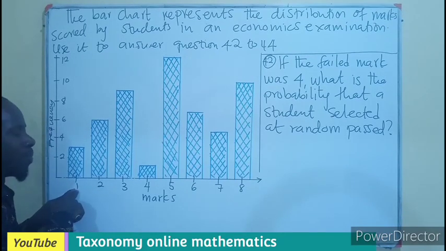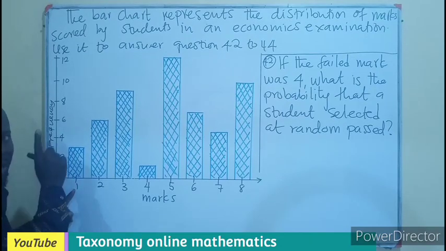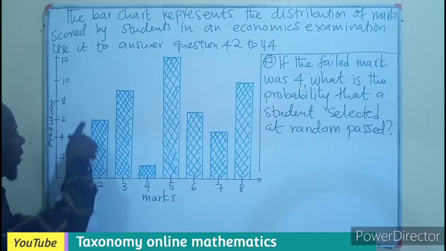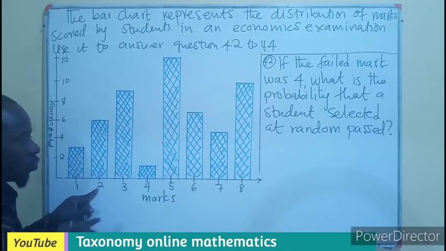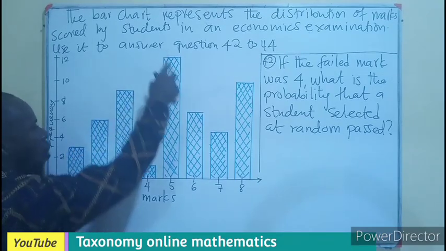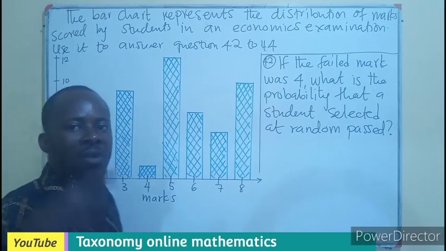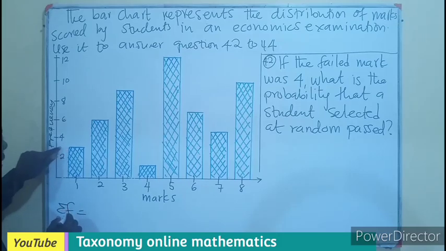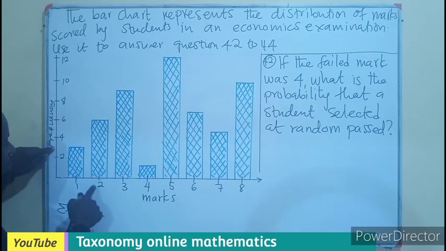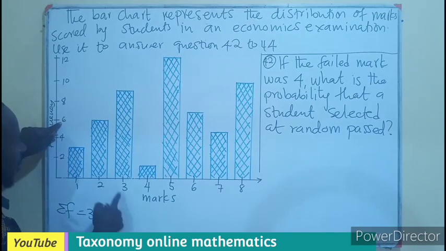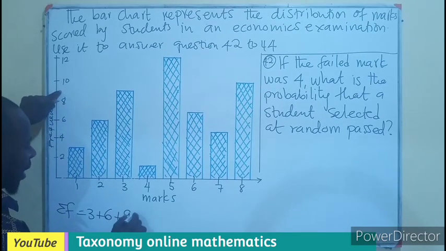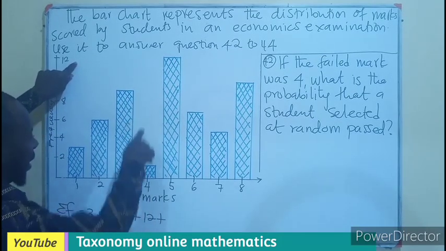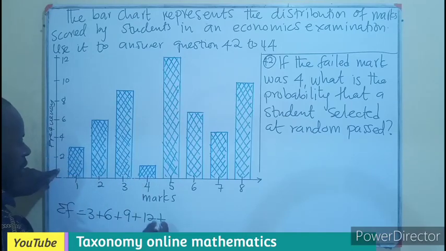Now, how many people got 1 mark? There are 3 of them. So that is 3 for a frequency. How many people have 2 marks? That will be 6 of them. Meaning 6 plus 3 will have been what? 9. So we will be adding the frequencies of the marks to generate the total frequency, which is our sigma f. The first frequency will be 3 plus 6, that will be 9. Then this will be right away 12. We come back, I think this will have been 1 before we get to 12,